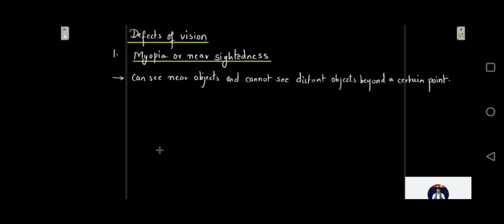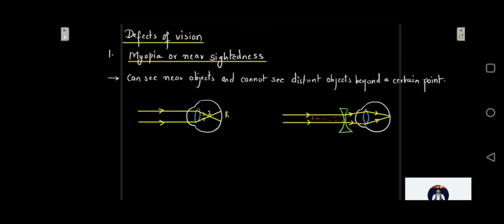So how exactly does this work? In myopia, or short-sightedness, the parallel rays coming from a distant object, as shown in the figure here, do not meet at the retina. They meet at a point in front of the retina, that is point I, shown in the figure. So the distant object will not be seen clearly. The object has to be moved closer to the eye to a point F to focus it on the retina. The object lying at infinity has to be shifted to this point so that the eye can clearly see it and the image is formed on the retina.